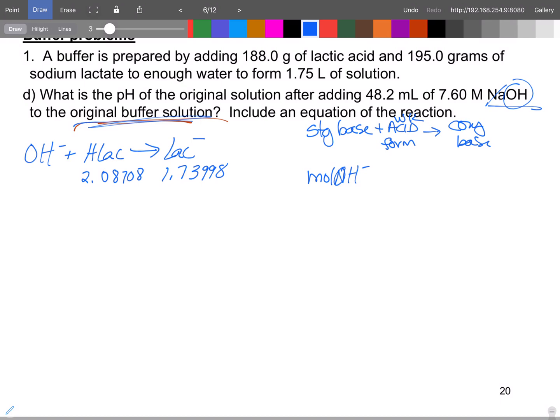so we're not concerned with that. So that's going to be 0.0482 liters times 7.60 molar. So that's going to give us a whopping 0.36632. And again, keep 4 places non-zero behind the decimal and you're fine. I tend to be a little OCD. So